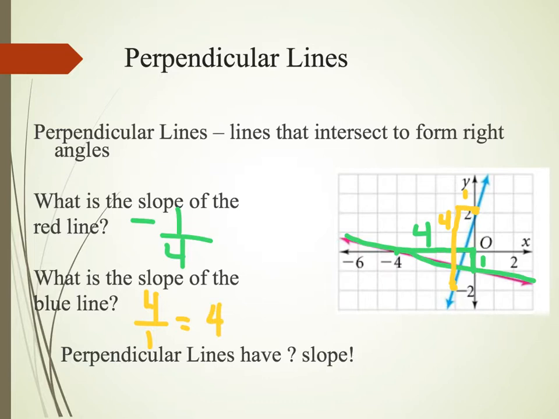So the next question says, perpendicular lines have what type of slope? So if you look at it, the first one is negative 1 over 4. The second one is positive 4 over 1. And we call this